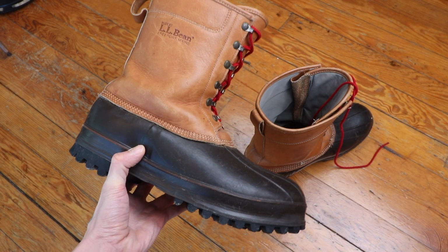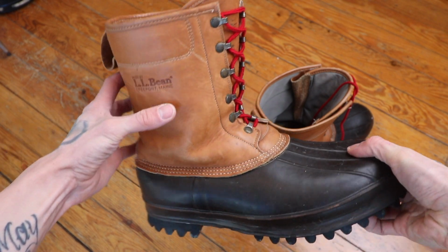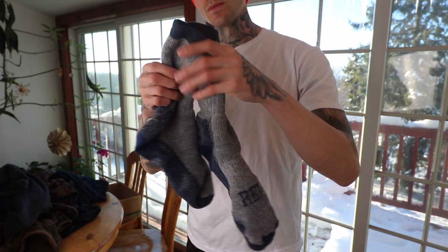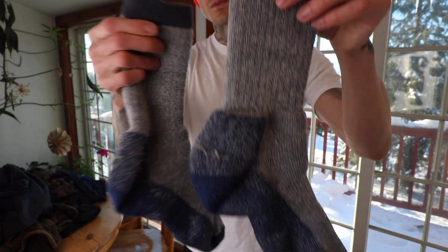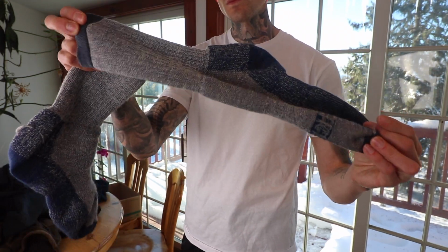And then regarding your boots, you're definitely gonna want a pair of waterproof boots, and underneath you're gonna be wanting to wear some thick wool socks. The last thing you're gonna want is your feet to get wet while you're hunting, so I find the wool socks, just in case water does get in, are gonna keep you nice and dry, but really you wanna make sure your boots are not letting water in the first place. So there's so many different options out here. I just happen to have these really old LL Bean boots that work really well,